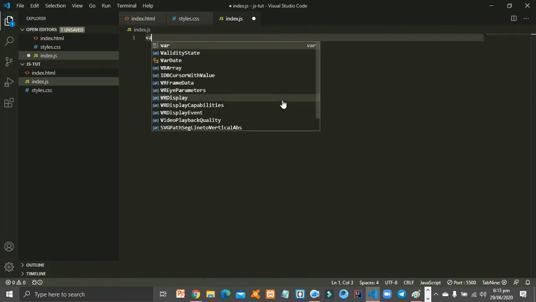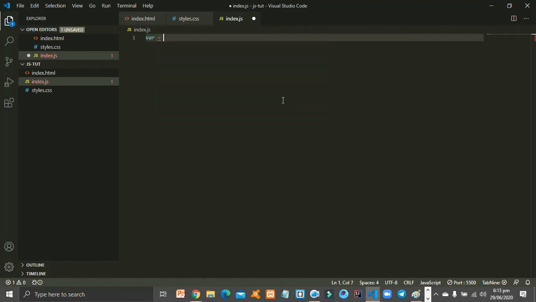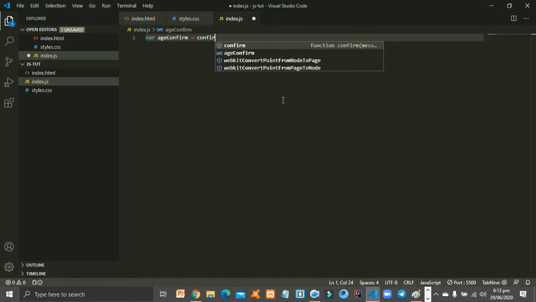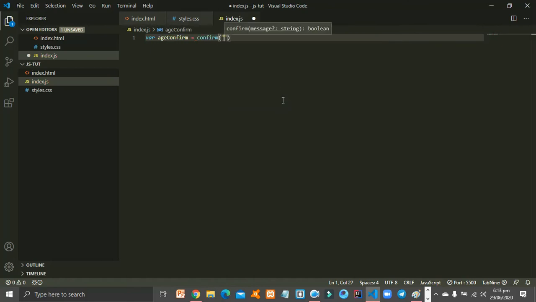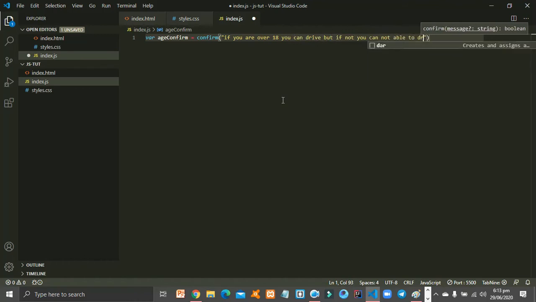I'm making a variable, var ageConfirm equals confirm. If you are over 18, you can drive, but if not, you are not able to drive.